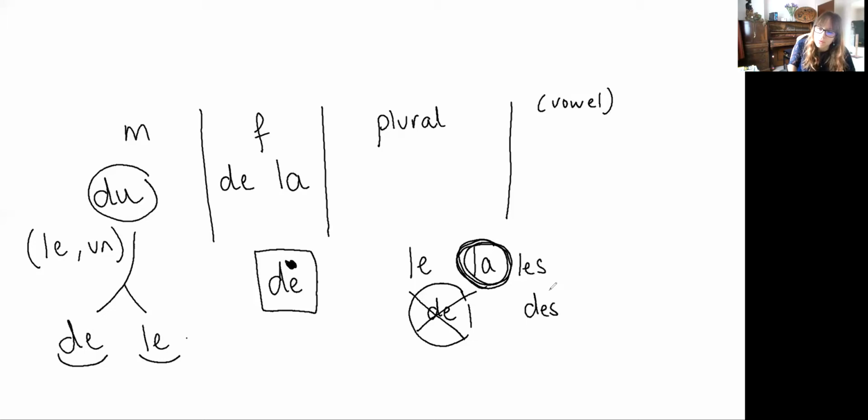And then for the plural, well, we already have the D, E inside of here. So we're just going to take it as it is, de. I'm explaining all this. It's actually quite easy. I'm just making it a lot more difficult than it sounds, just because I think you might be interested in how the language actually works. If you do have questions, though, don't hesitate to ask me in the comments below or on the Facebook group. I'm always here to answer questions. And if you do think it's confusing, just remember that the thing you need to use is du, de la, and de.